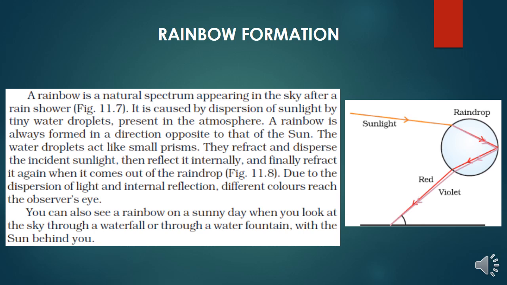And from today's topic, the experiment part is not that important, but you need to learn that thing. The most important theory that we did today is the formation of rainbow. So I have already sent you the notes. From that, make sure that you learn it properly. If it is necessary, write down the theory 2-3 times and learn it properly along with the diagram.